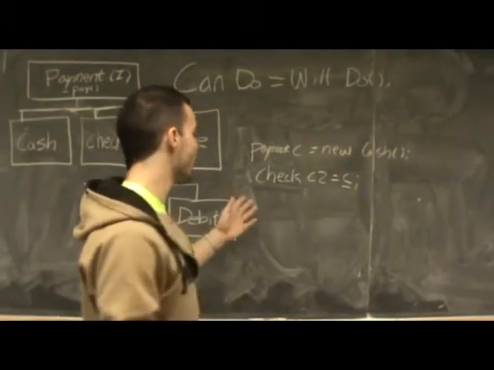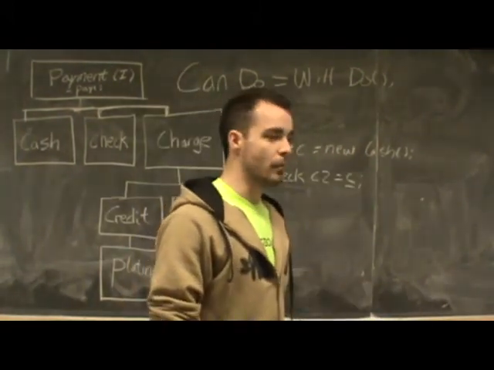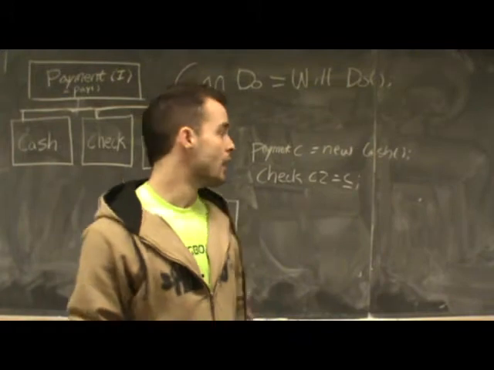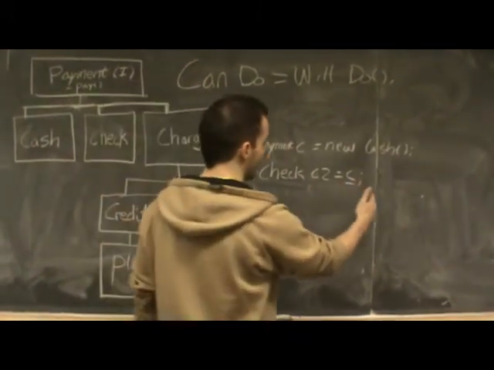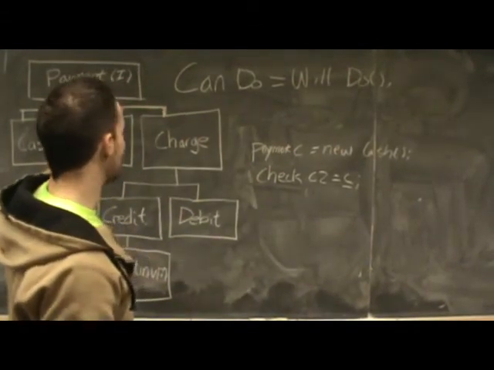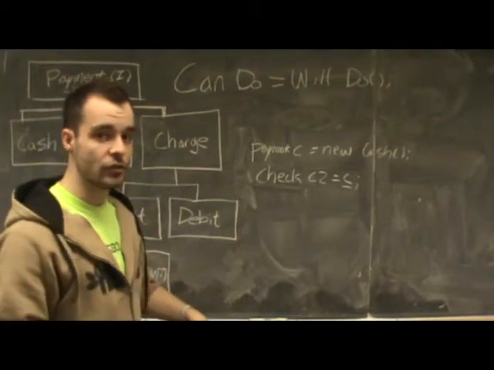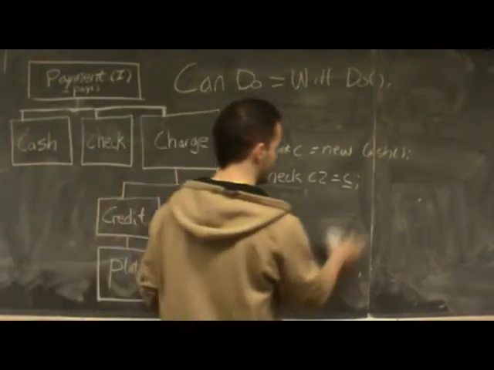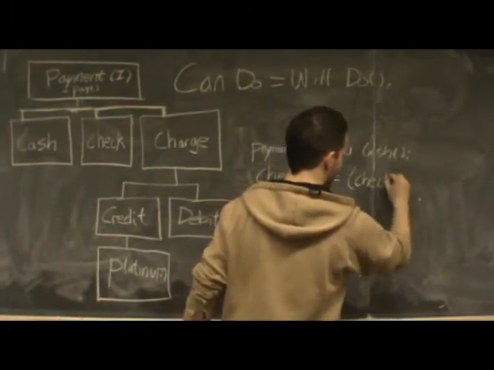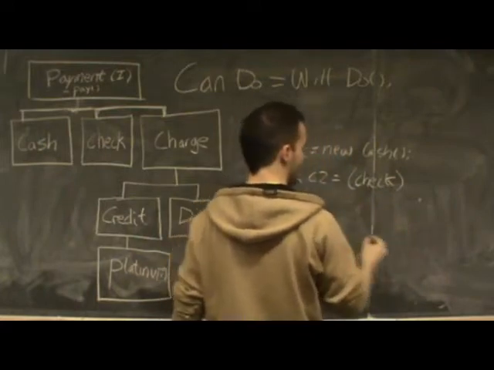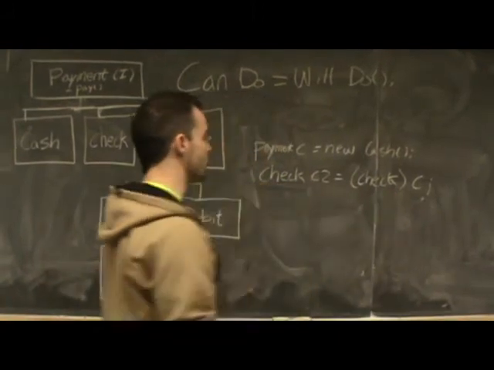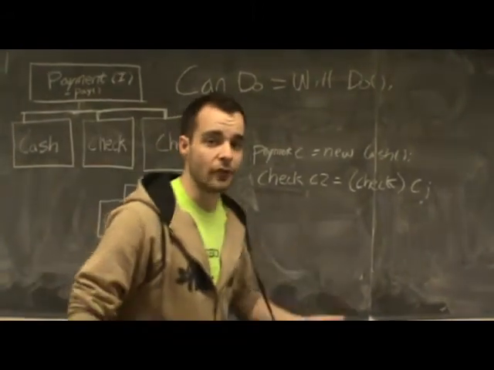So when you try to say check equals some kind of a payment, your compiler doesn't know that that's not valid. This is actually going to cast down. It's going to cast your payment object, C, down to a check. So in other words, this will have the same exact behavior as manually casting it, saying check. And this is actually what the compiler does. It will cast this down to a check. So cast C to a check and then assign it to a check. Well, this will actually compile,